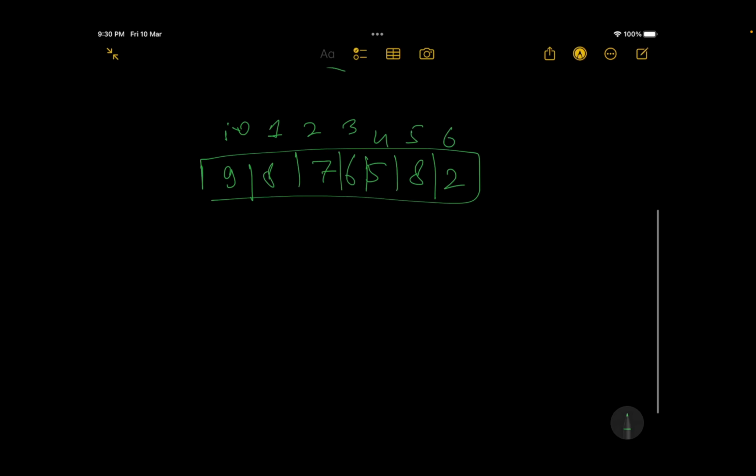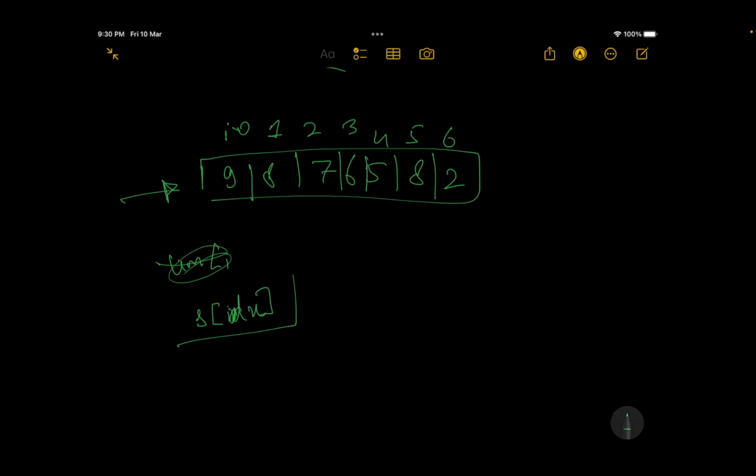If it's in the form of a string, I can say that for the string S, I need the index idx. That is easy to do. If it's in the form of a number, then it's a bit tricky to do.